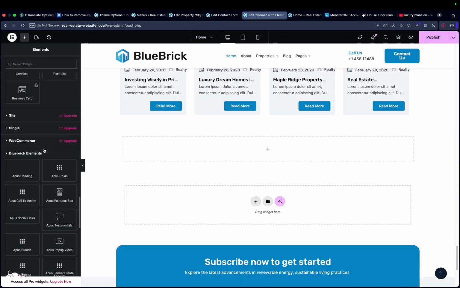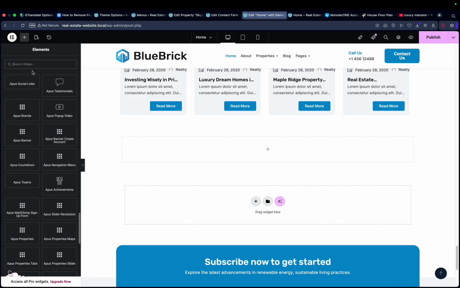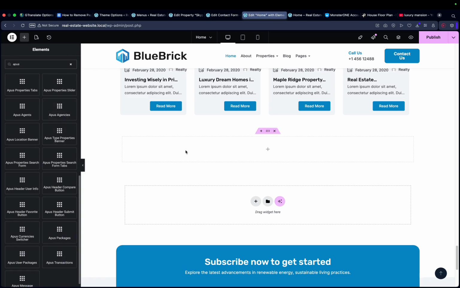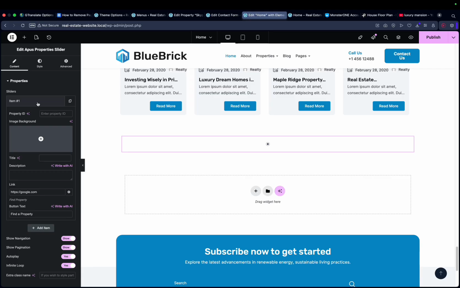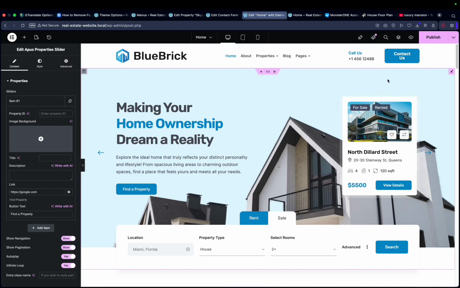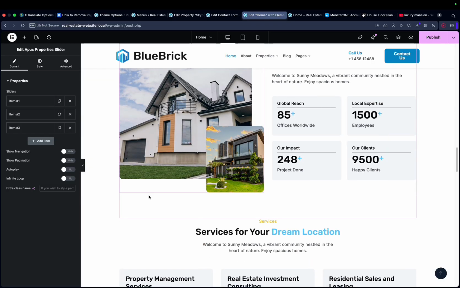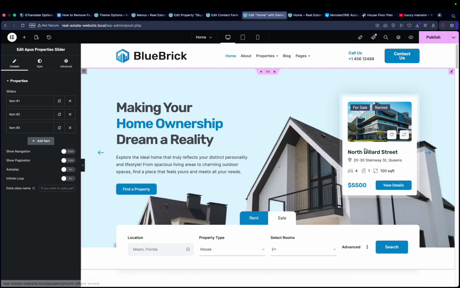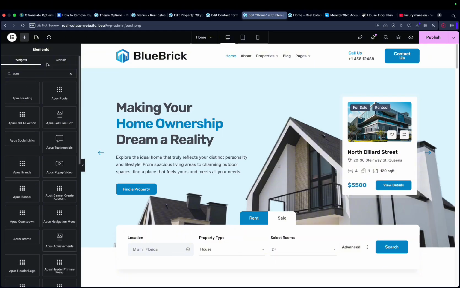And I go back to Apple's achievements. Let's go back to Apple's property slider. So I'll add an item slider 1, and you can add the background image like we saw here. This is it at work here. This is a property slider. So you add a background image and then you can add a property ID. It's going to give you this property snippet there. Go back here, come to Apples,